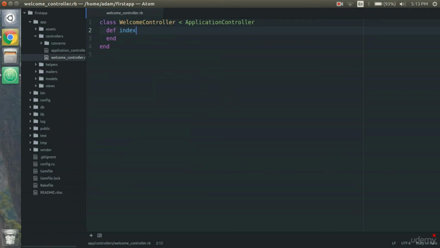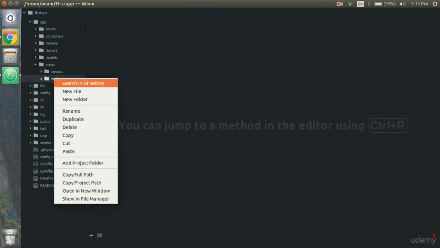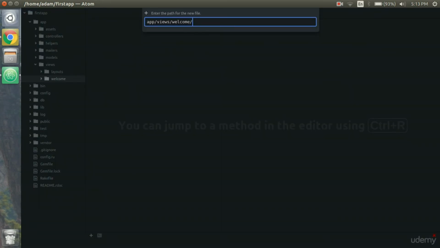Now if it were something more advanced, like we were actually working with the database, then we would have to put something in there, but we're not because it's just our first app. So I'll close out of that, and we'll also go into views, welcome, and you see welcome has already created a folder for us, but there isn't actually any files in there. So I'll create a new file in there, and we'll name it